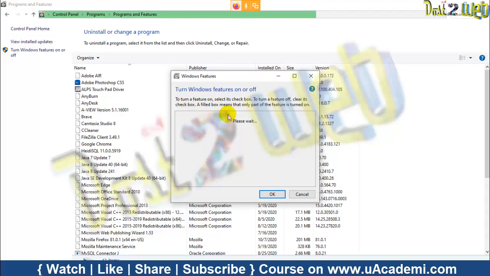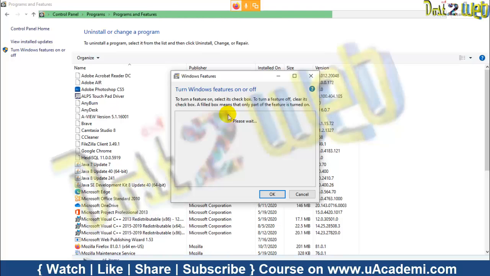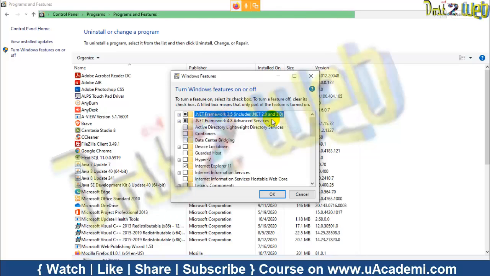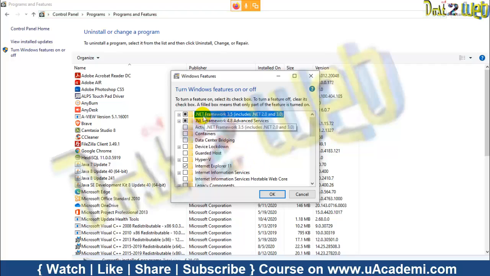Once it opens, make sure that on your PC, first priority, you should have .NET Framework. If .NET Framework is not there, please install it. After that, we need IIS.